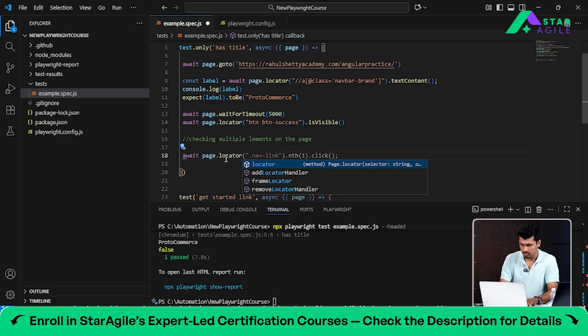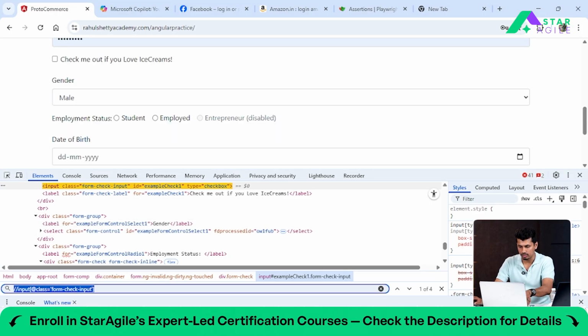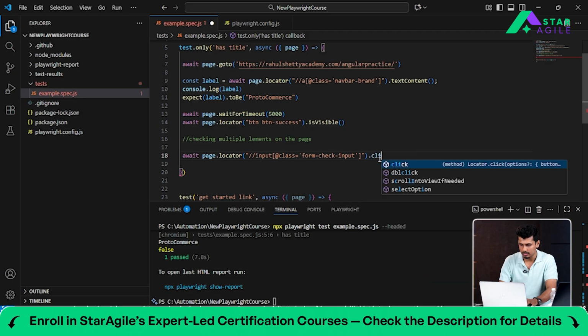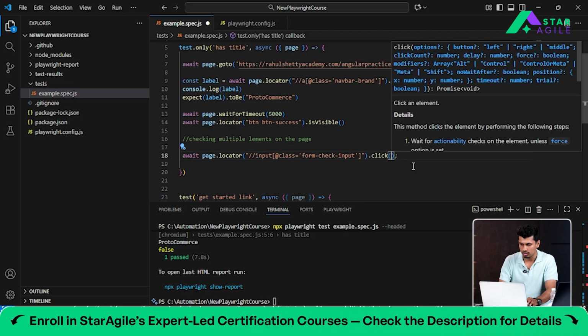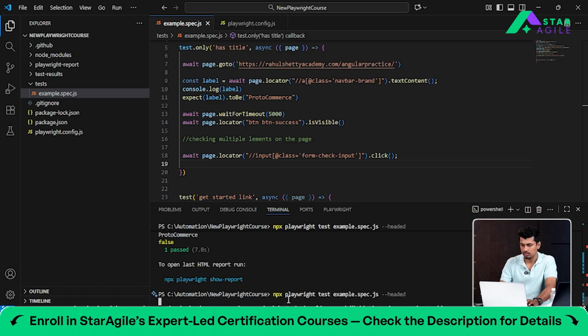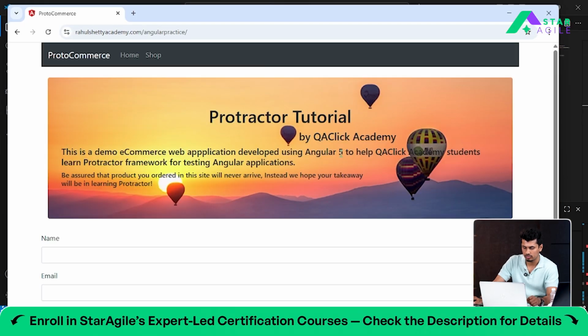page.locator. Now what we will do is copy paste this locator, and then we will click it. Why are we clicking it? Because it's a checkbox or a radio button, right? So for now I'm not passing anything as such. I'm just going to run it directly. Now it should fail because there are 4 matching elements present over there, so it should fail here,